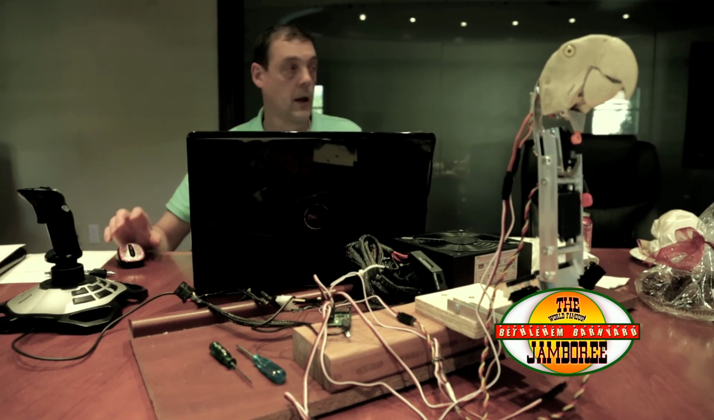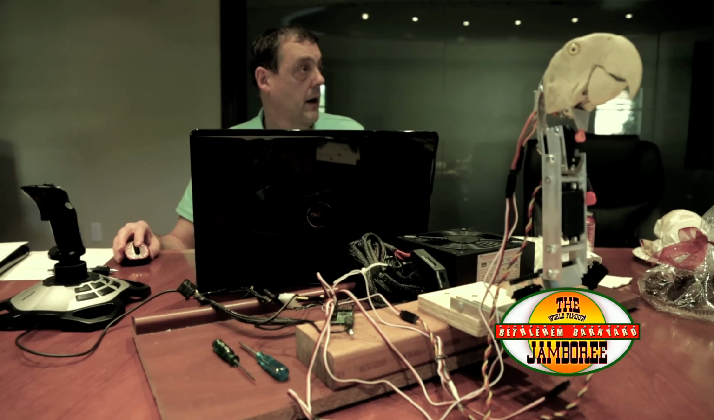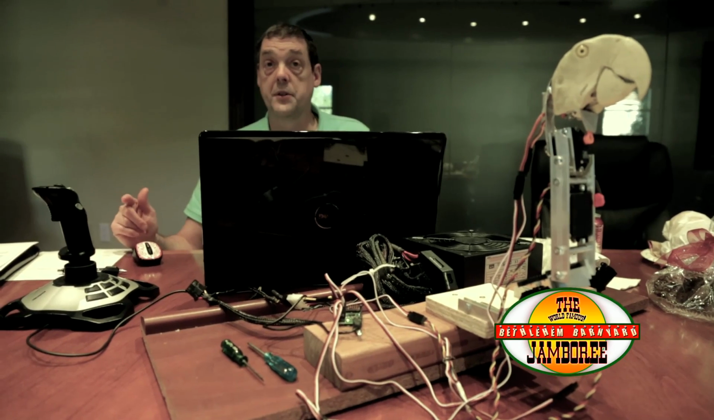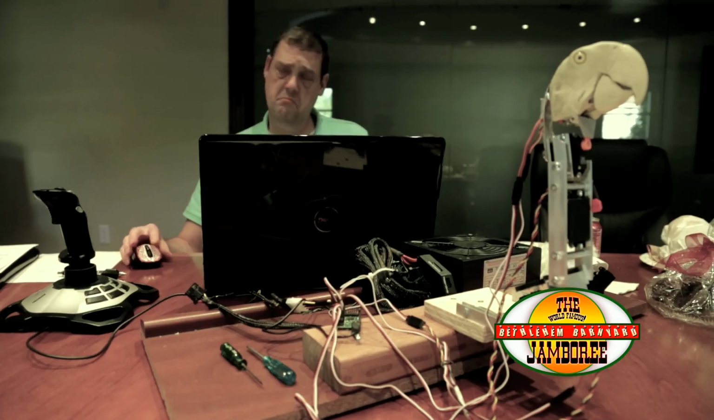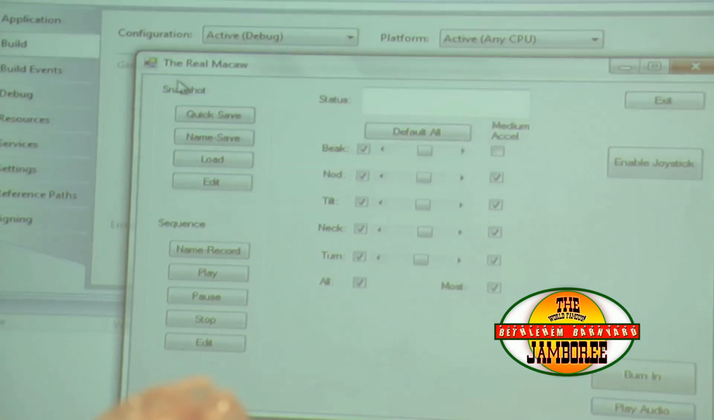Okay, so that's the joystick portion. The other key thing I wanted to do was get some snapshots and sequence. Snapshot is pretty much done. Anytime you hit quick save, it takes a snapshot of wherever you are. Actually, let me get out of the joystick. And